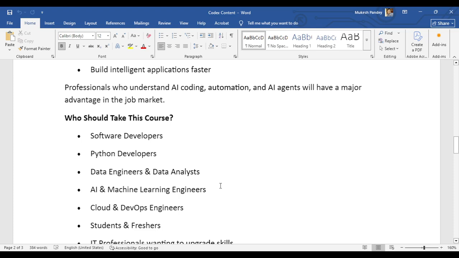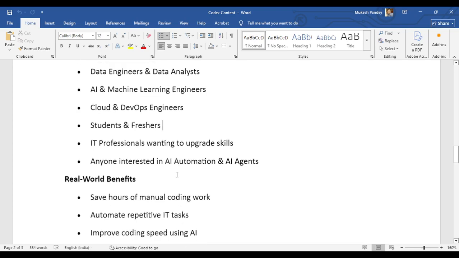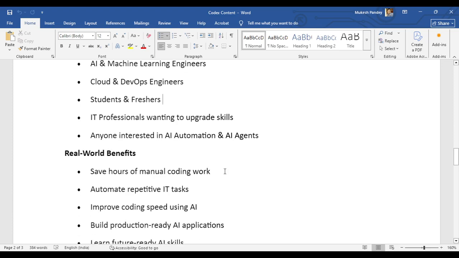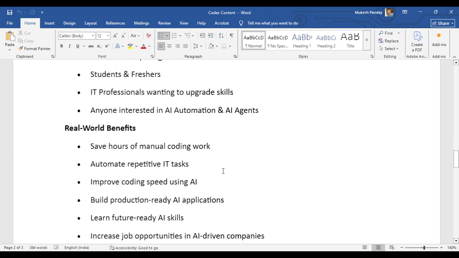All those involved directly in IT or non-IT fields: any developer, any engineer, any business analyst, project manager, student, and fresher. For students it is very good to learn. All IT and non-IT professionals will get real-world benefit for automating the tasks they do daily.